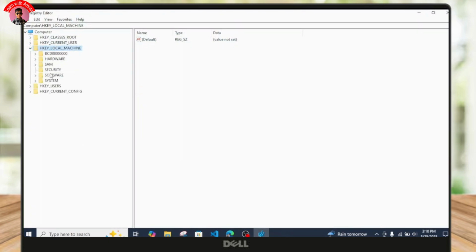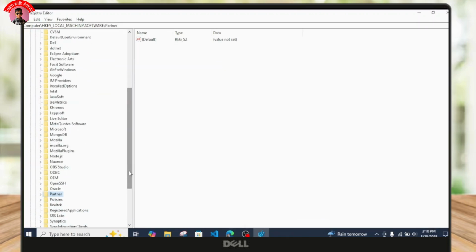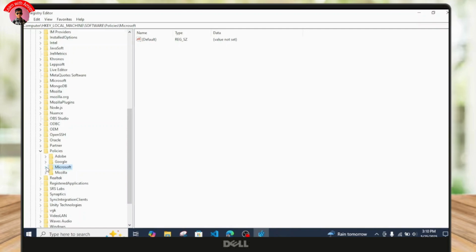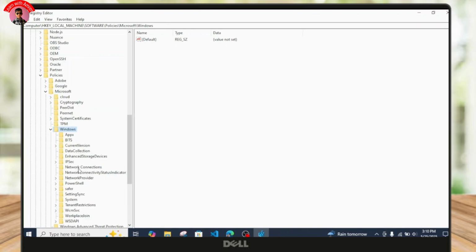Now this time enlarge the Software folder just like this, and simply enlarge another folder called Policies. Once you enlarge that as well, simply enlarge the Microsoft folder. And once you're inside your Microsoft folder, select Windows, and now simply select this NetworkConnectivityStatusIndicator